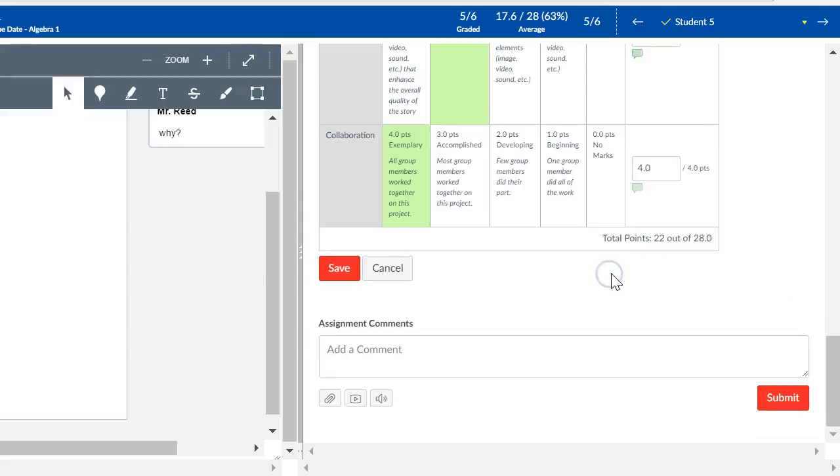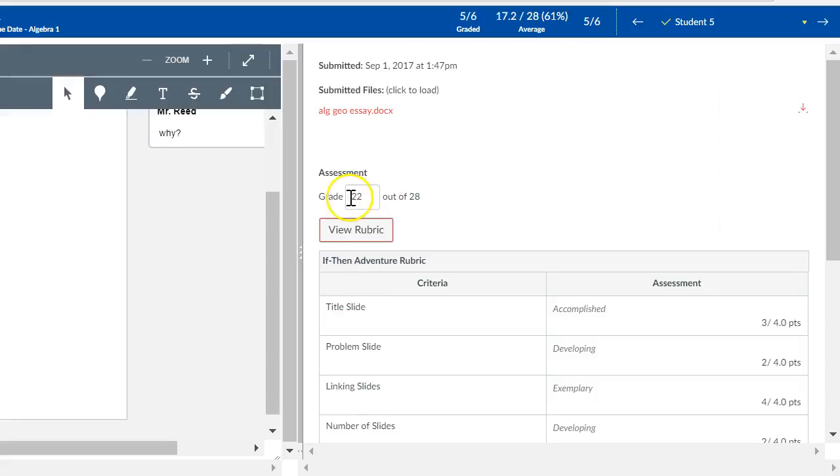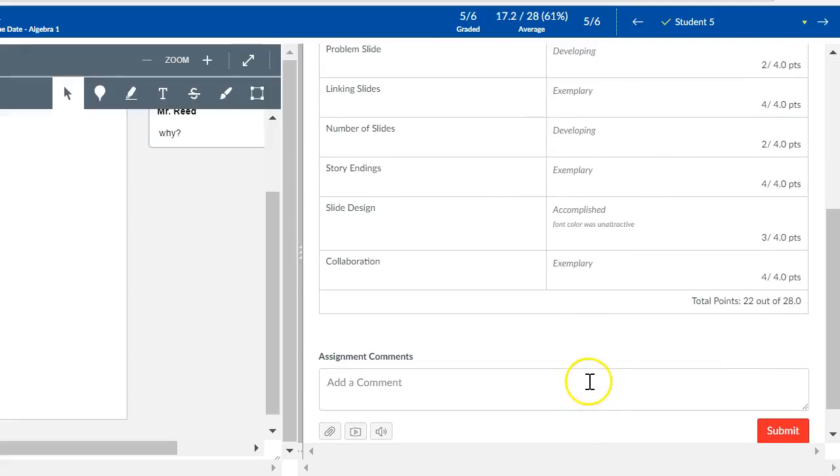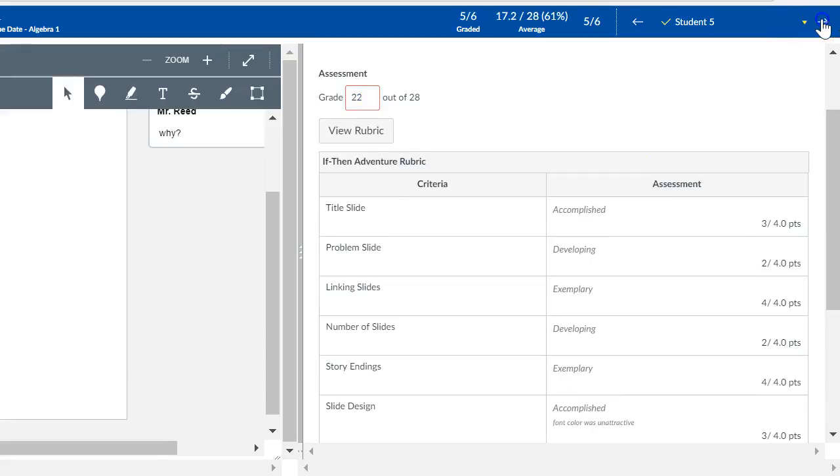Now, the one thing that I feel is somewhat less than user-friendly is you get so excited and you're ready to go to the next student. If you hit this arrow and don't hit save, then it will erase all the work you've done. And I speak from experience. I've done that more than once and cried tears about it more than once. So you want to make sure that you hit that save. It does that math for you. The student will be able to see all of this detailed feedback,